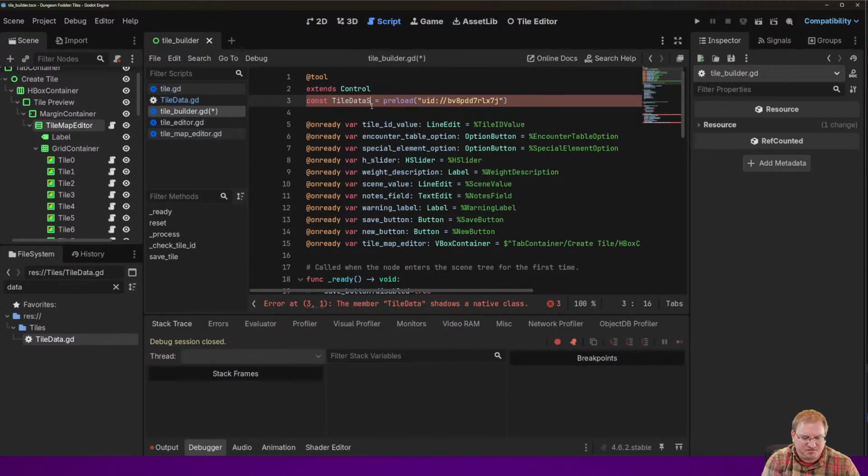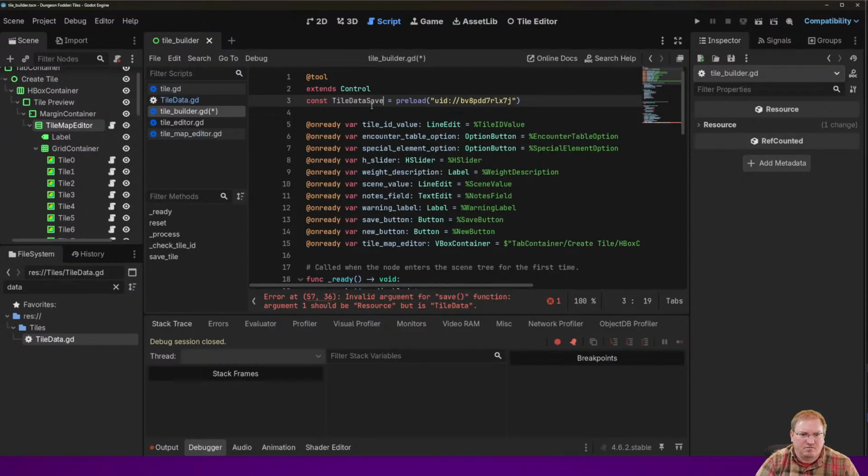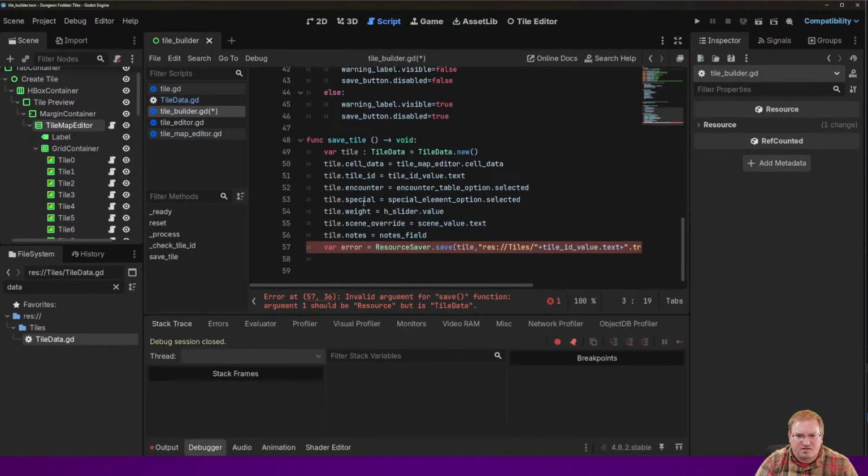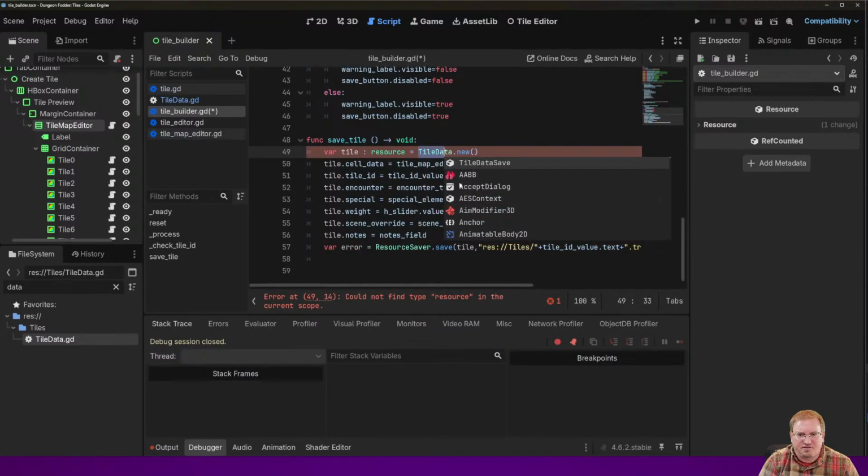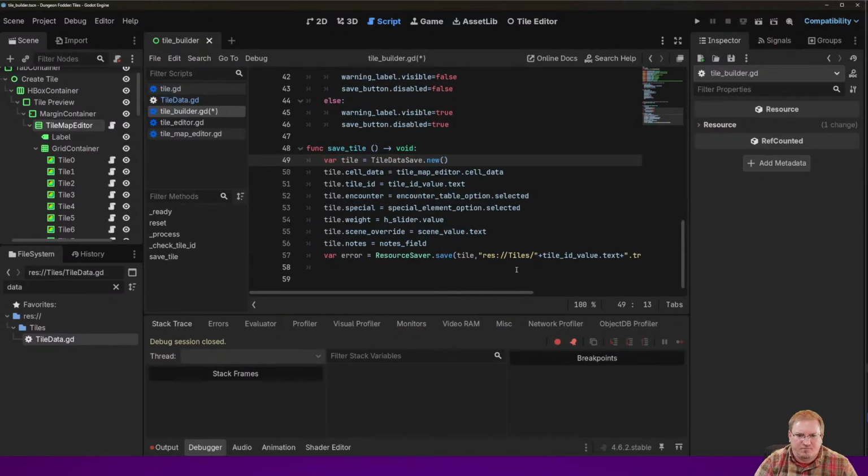Tile data save. Okay, so if we do our tile is a resource, is tile data save dot new. Can we do that? Okay, so if I do that, do it that way,